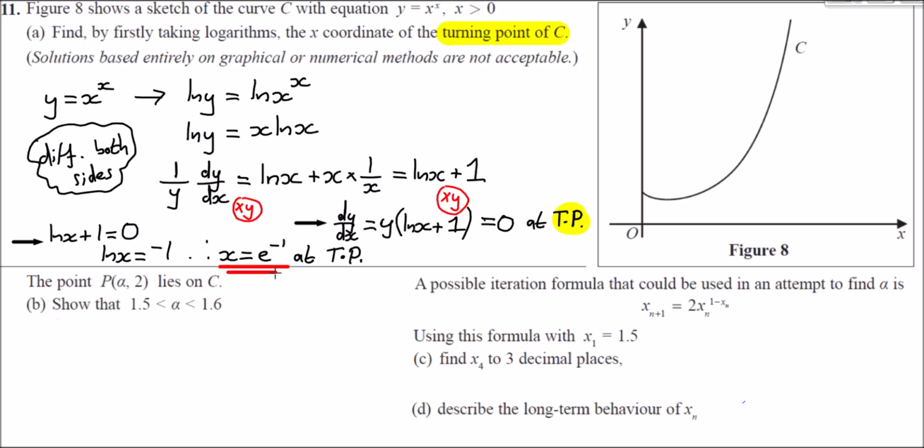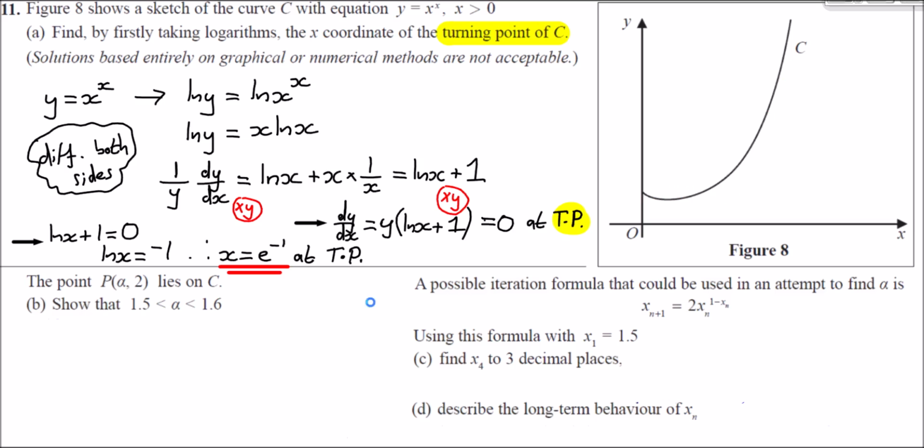We can now start thinking about part B, and then of course part C after. Part B, we're told that the point P, which has x coordinate alpha, y coordinate 2, lies somewhere on C. And we need to show that alpha is somewhere between 1.5 and 1.6. So what we need to do here, essentially, is to spot that this curve is continuous. It's got no curves or asymptotes, and so we need to know that if we find a solution and the